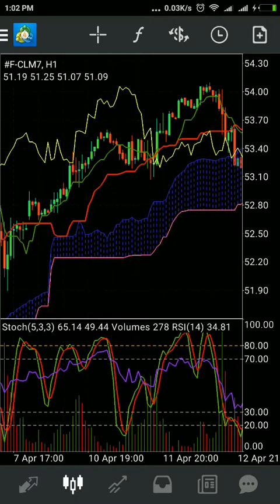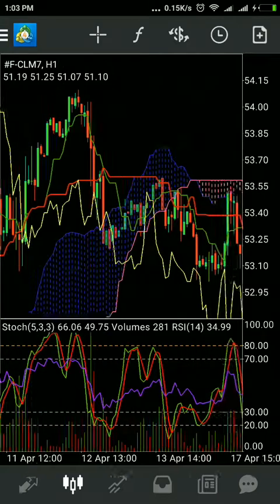Actually I am earning a lot from this indicator. Out of 100 trades I am getting 85 to 90% accuracy. But I am also a human being, and sometimes I also go wrong and do some emotional trades. But if anyone follows this indicator, he will never lose a single rupee after a month.